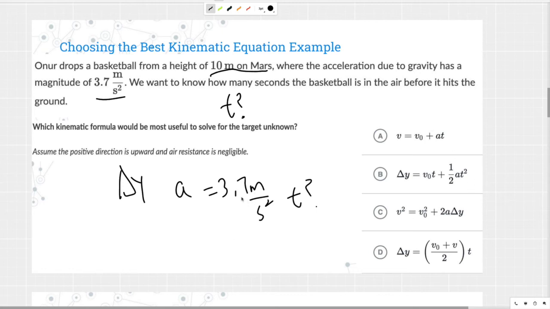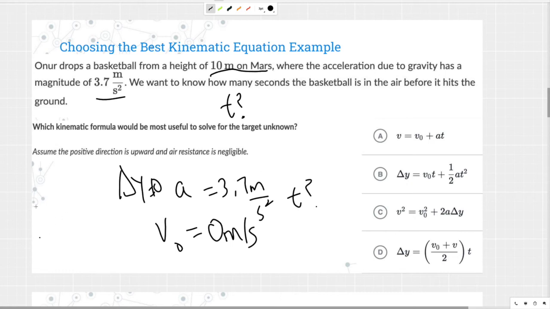So let's see. What else do we have? We have delta y is equal to 10. And we also know the initial velocity is going to be 0 meters per second